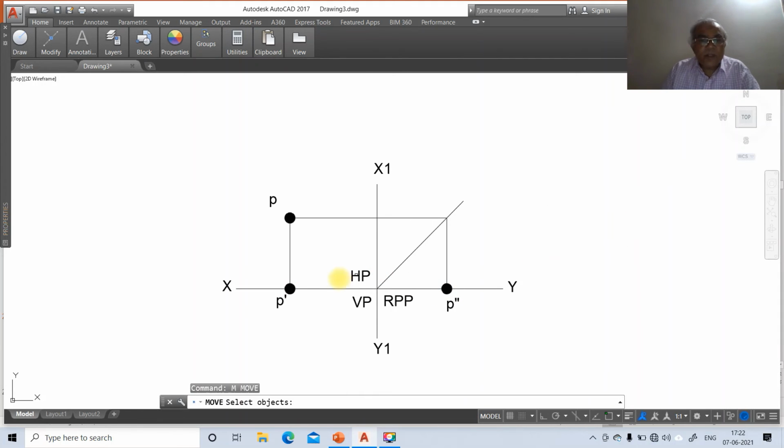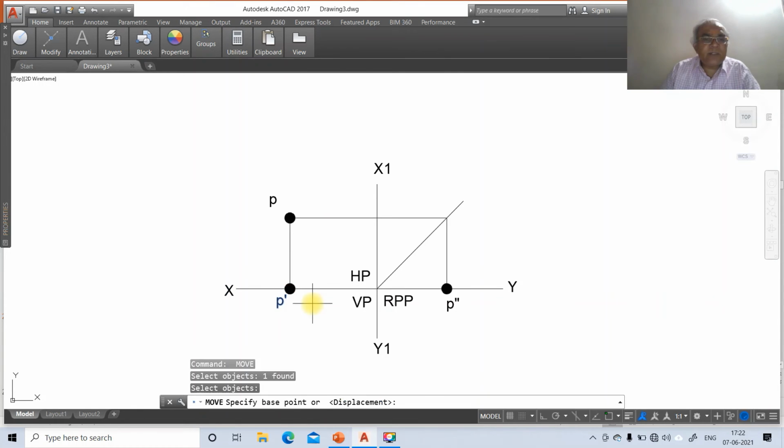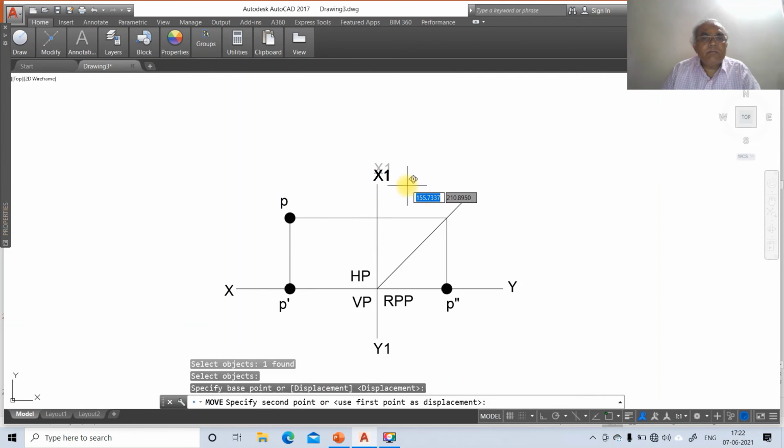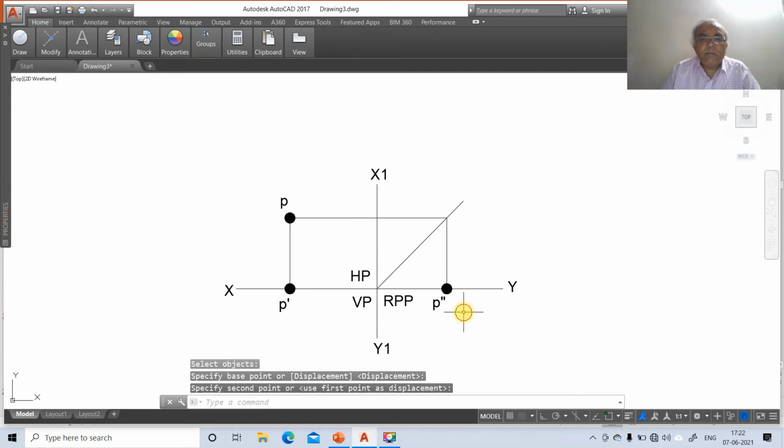Then go to move this x, then go to p dash, then p, then x1, then y1, p double dash, then y.